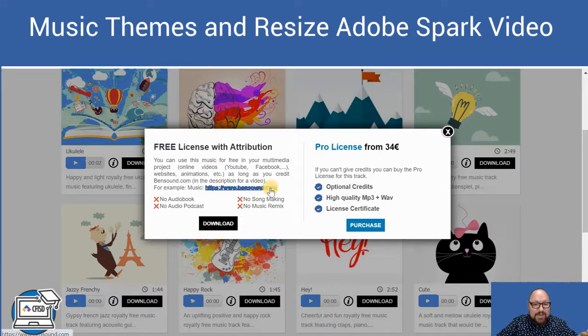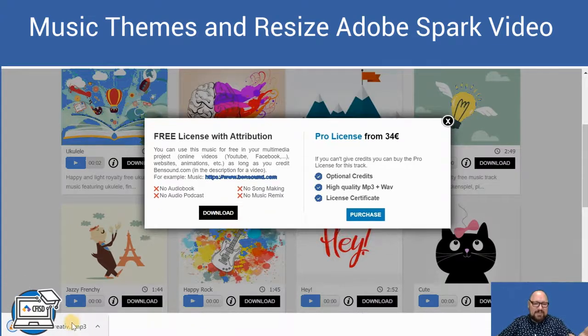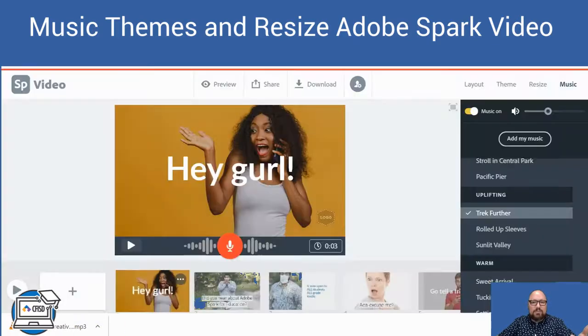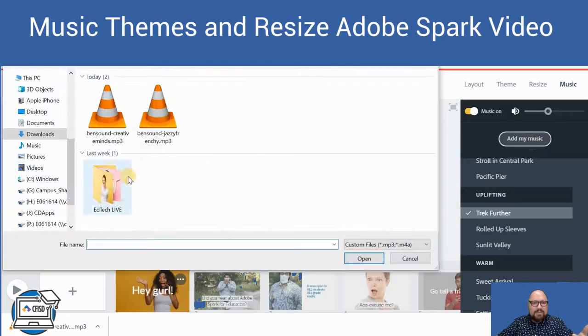But here it says make sure you give them attribution. So you're going to give them credits. I'm going to copy that. And it's telling you, make sure you give them credit. Again, being a good digital citizen, because otherwise you're stealing. You don't want to teach that to your students. Whenever I download it, it gives me the MP3. And all you're going to have to do is go back into Adobe, and then you're going to add your music through here. It's going to open it up, and look, I have one because I was practicing. You're going to upload the audio, and boom,